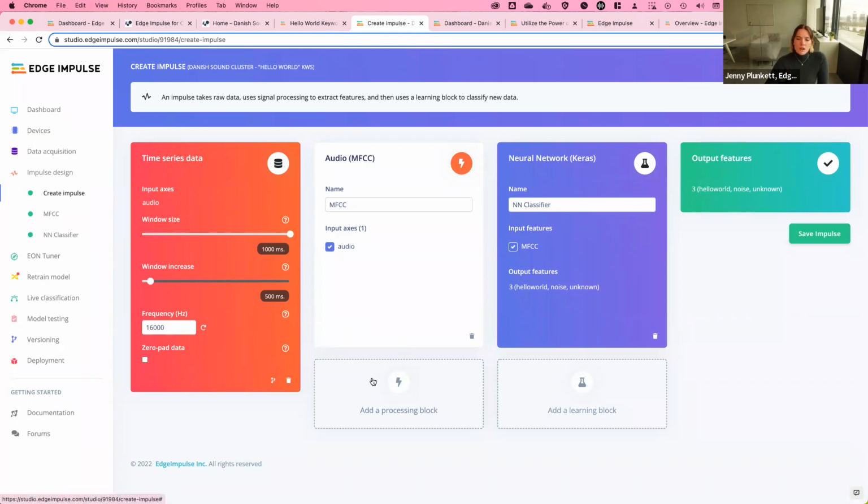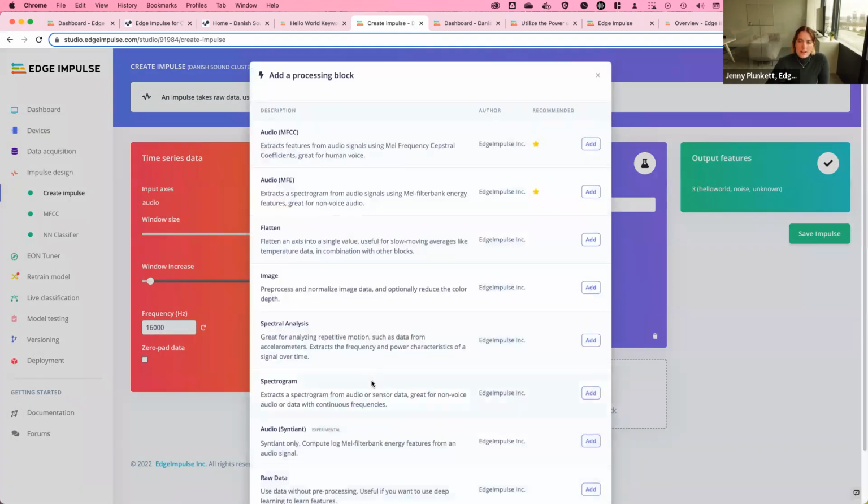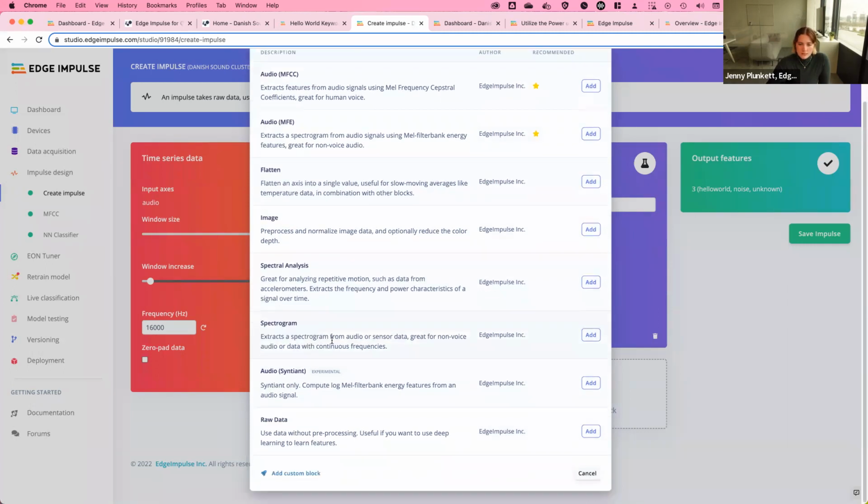We also have a bunch of other processing blocks available for you to use in the Edge Impulse tool for free as well. So we have MFCC, which is great for human voice audio like keyword spotting. We have MFE, which is great for non-human voice audio, which is what is likely used in the Sparrow and Parakeet model that we looked at a little bit earlier today. We have other types of processing blocks that are just Python snippets again in a web GUI platform. We have spectral analysis for accelerometer data, other sensor data, and